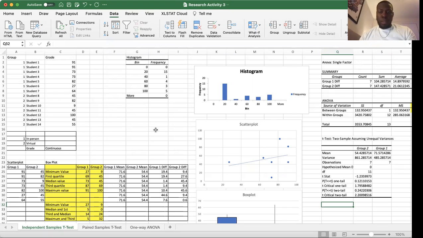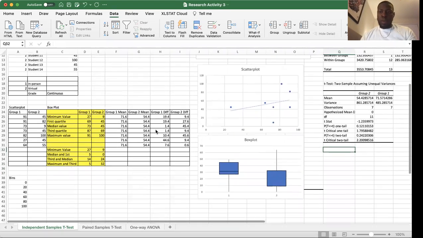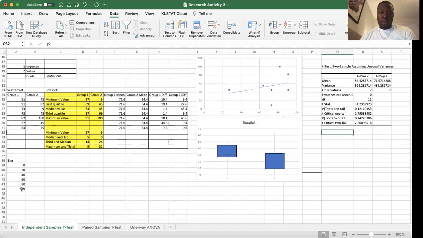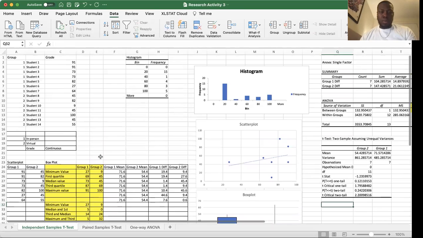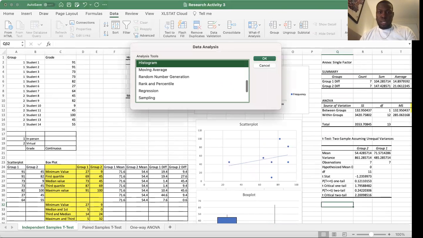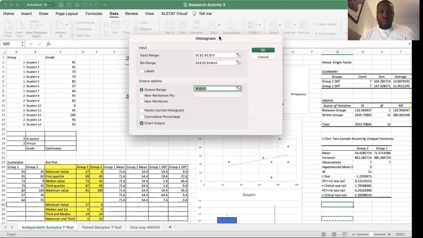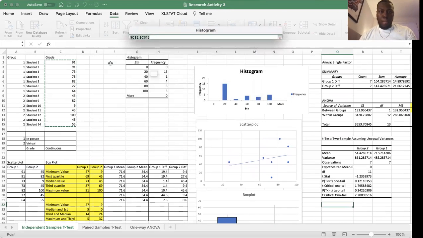All right, so to do that, what I first did was I created my bins, which are right here. So they're preset. So those are my bins. Then I will go to data analysis. I will click histogram. I'll press OK. Now it says input range. So I will click that. And as you see, this lights up because this is the information I will put, which are the grades, which are the continuous,